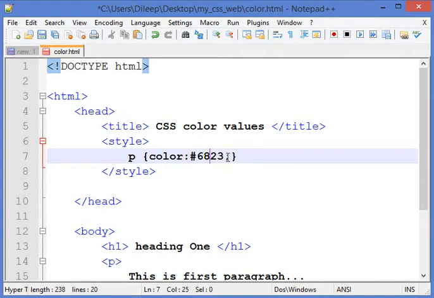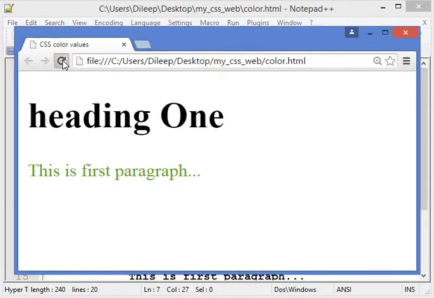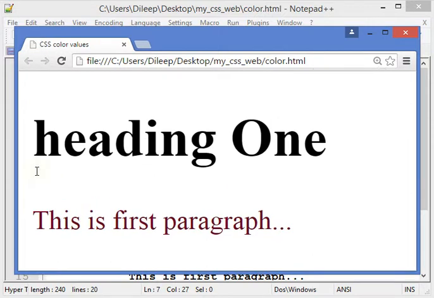But if I change it to, suppose, 0 0, I've removed the green color. Now it becomes the combination of red and blue. So I'll save it, and if I go to the browser and refresh it, you can see this color appeared, and this is a combination of red and blue, right? Okay,